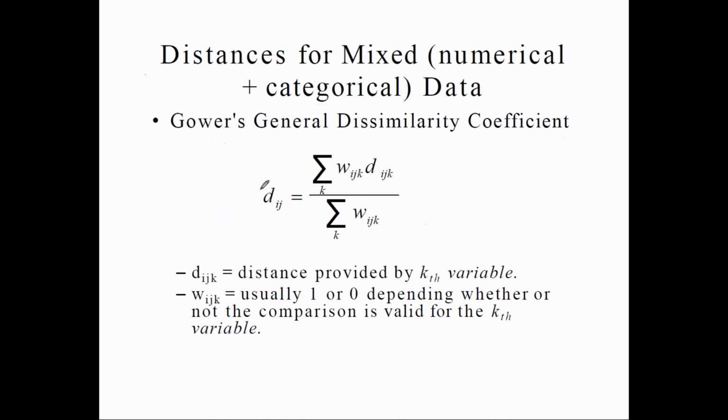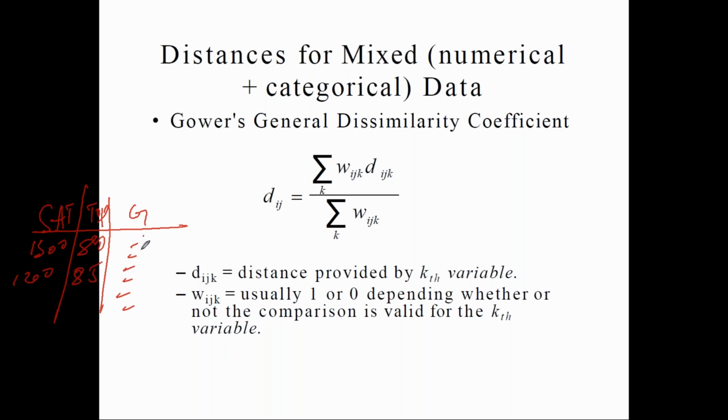So the distance between i and j is w of ij, d of ij. It means if you have a gender column extra, you should not calculate this using Euclidean distance. And this is your SAT score and top 10. For example, I'll take only two numerical columns: 1300, 1200, 80, 85, and the gender column as male, male, female, male. I'm going to replace it with 1, 1, 0, and 1.